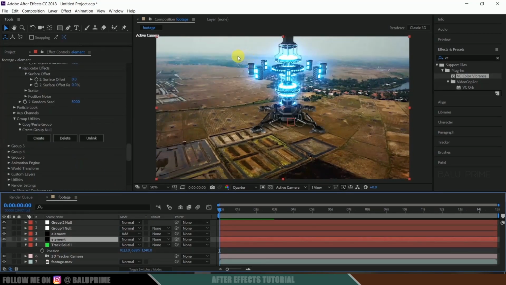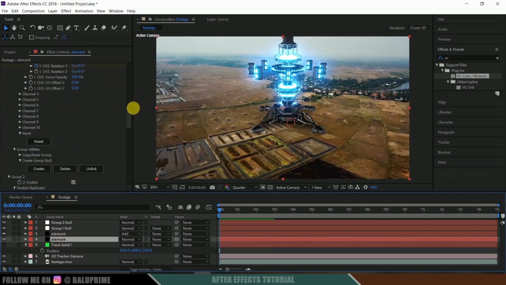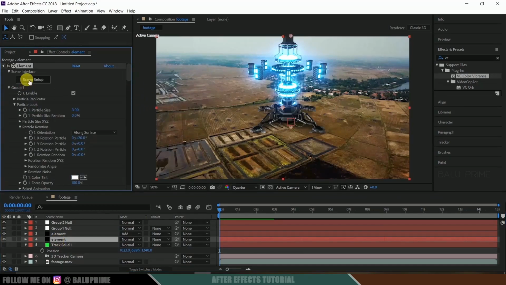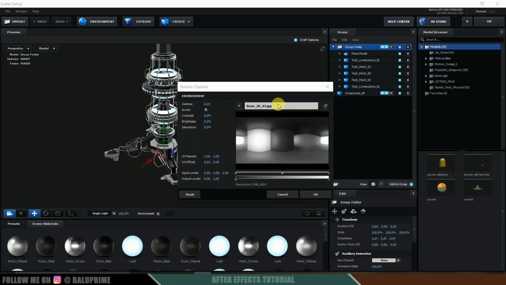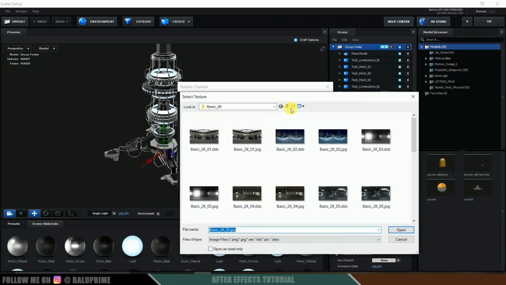Now finally let us add some environment map onto that so that it fits into this scene. For that, select the below element layer, click on scene setup, go to the scene setup once again. Now click on the environment tab. Now let me change this environment to the screenshot I have taken.